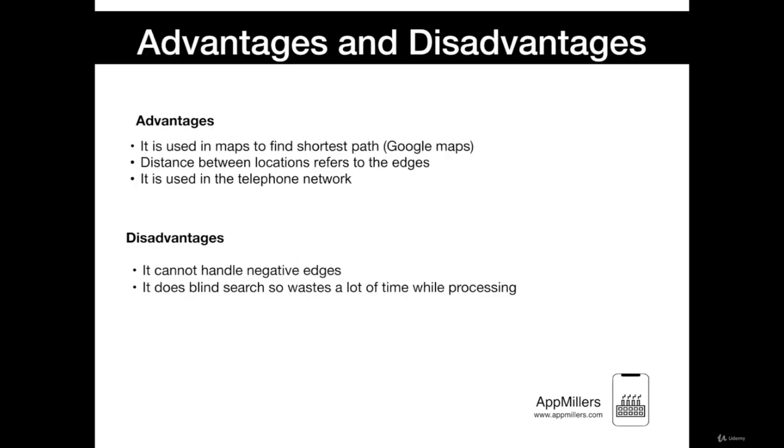Advantages and disadvantages of Dijkstra's algorithm. Advantage: it is used in maps to find the shortest path. For example, in Google Maps, they use Dijkstra's algorithm. Distance between locations refers to the edge. It's used in telephone networks as well. And disadvantages: it cannot handle negative edges. It does a blind search, so it wastes a lot of